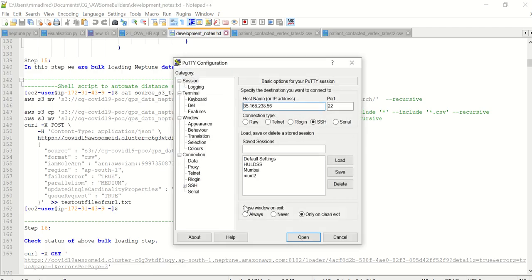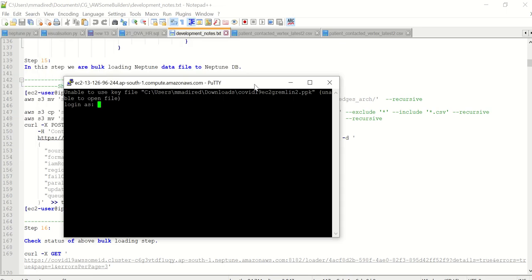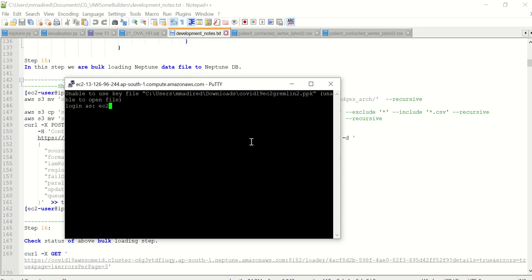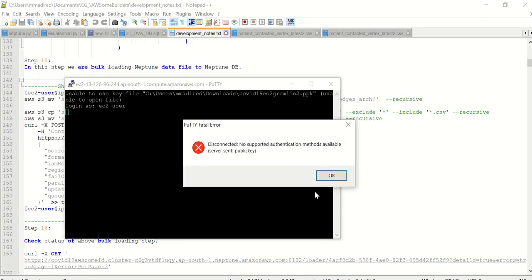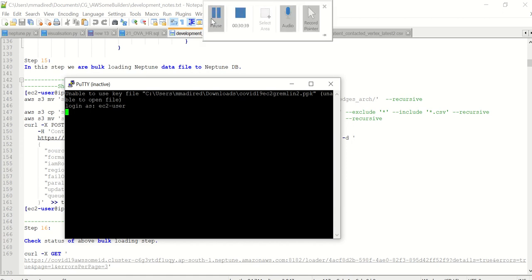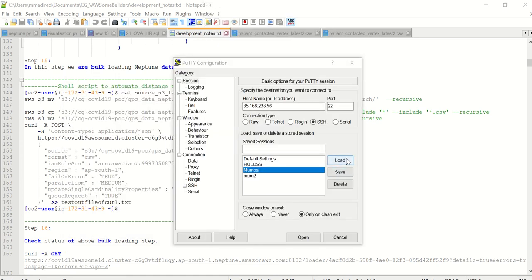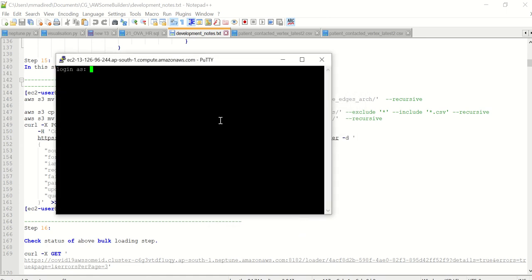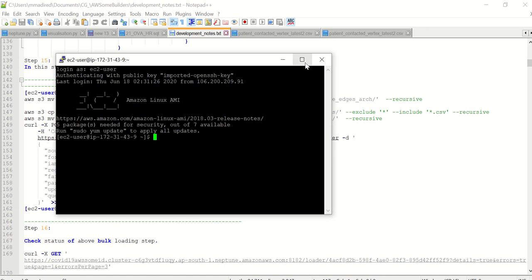So for that, we are going to connect to the EC2. There was a problem in loading. I just restarted the PuTTY. Now you can see EC2 is there. We have connected to EC2.